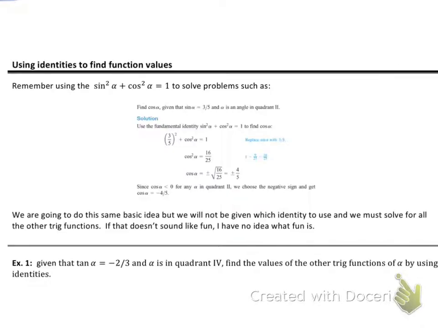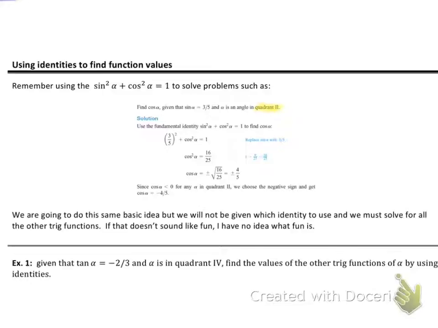So one thing we can use identities for is to find function values. We already did this once in the beginning of chapter 5, where we knew that sine squared plus cosine squared equaled 1. So if I told you what cosine equaled, or if you knew what sine equaled, you would just plug that value in and solve it algebraically. All right, so if you know sine equals 3 over 5, you just put 3 over 5 in for your sine alpha, square it, and solve it algebraically. The big thing to remember is,